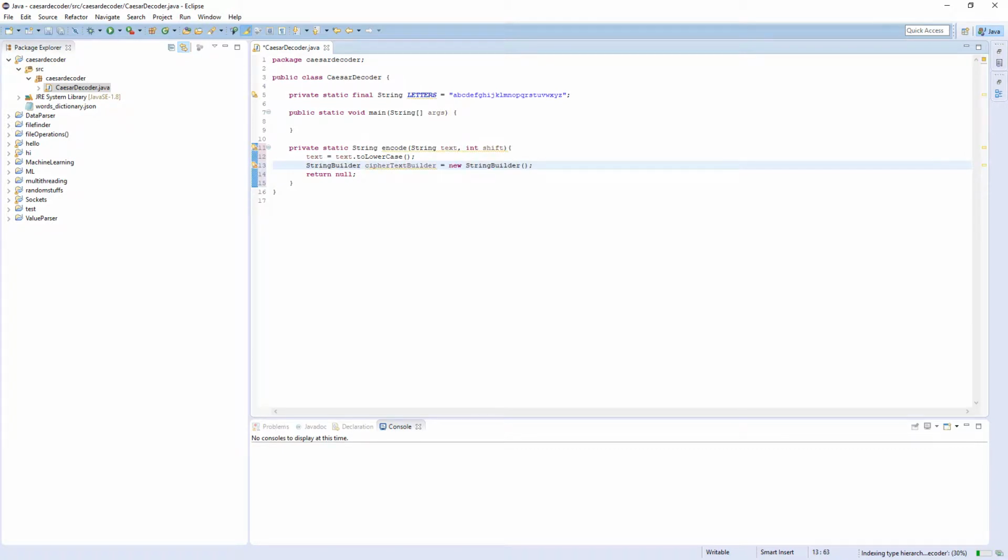Okay, so now we're gonna split this text into a char array in our for each loop. So for each string char c in text.toCharArray, we're gonna do it. So for each letter, we're gonna append a particular, okay, not plain text, what am I doing? Text. Okay. For each letter in,